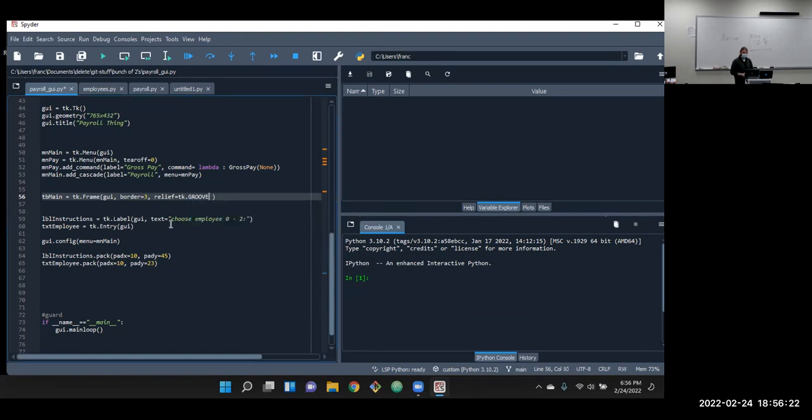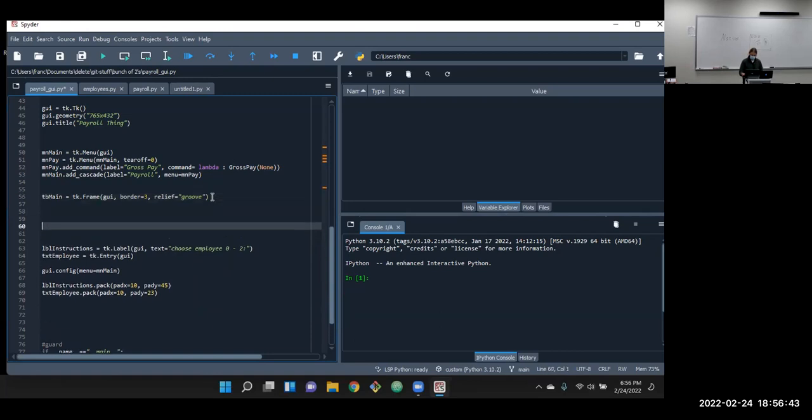And you can either do it as a constant like this, the TK module dot groove constant, or put it in as a string. So I'll just make this one groove, and TK will interpret that string. It'll come down a little. So then maybe a comment here: buttons for toolbar.